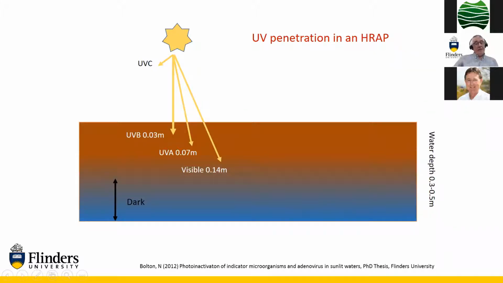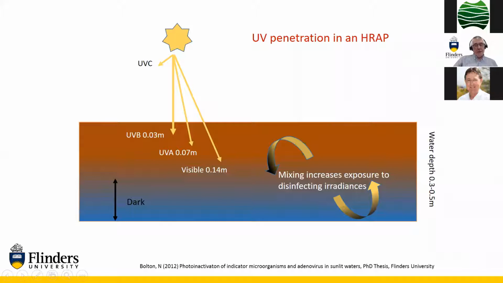So if you were not mixing, this means that half of the pond would be in the dark, would not be exposed at all to this irradiance. But of course, in a high rate pond, we're actually mixing. And modeling has been done on this, and we now have a model of inactivation and die-off being influenced by UVB, UVA, and visible light that includes a mixing component. And of course, what you're doing is bringing dark water that would, in an unmixed situation, remain in the dark, particularly when it's stratified,